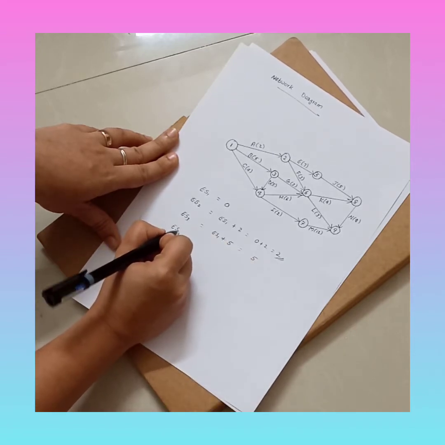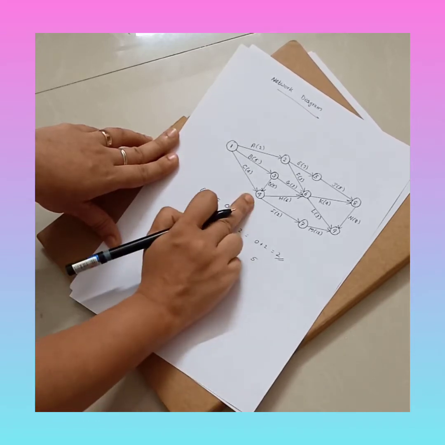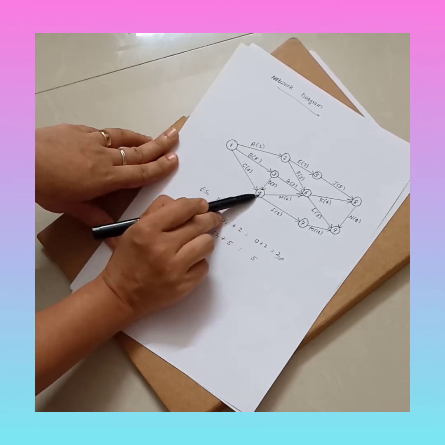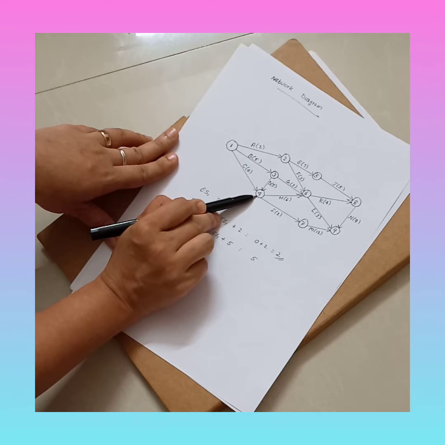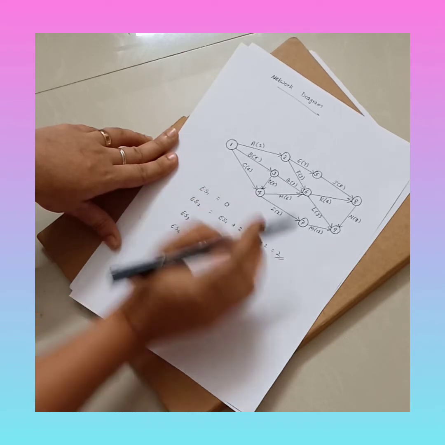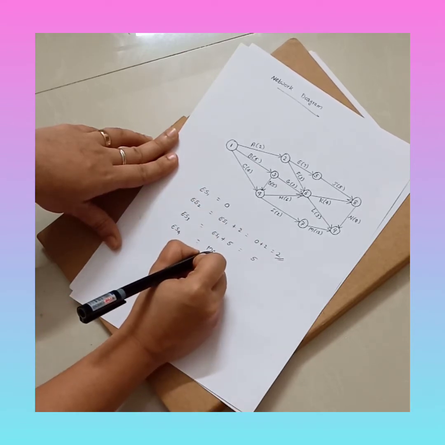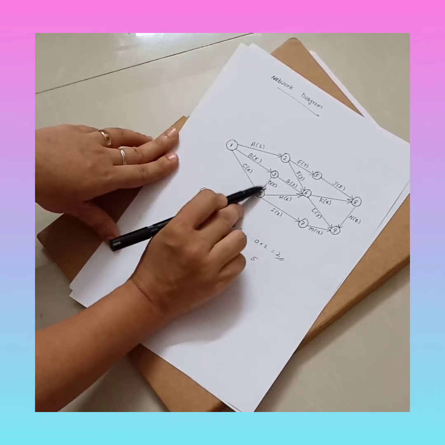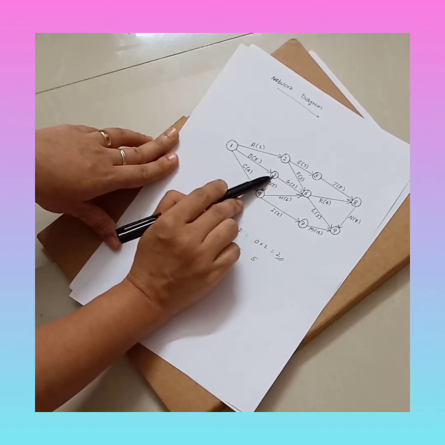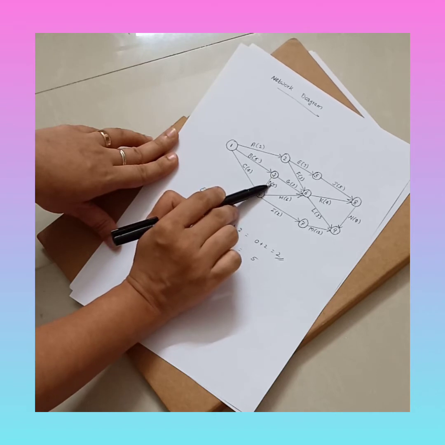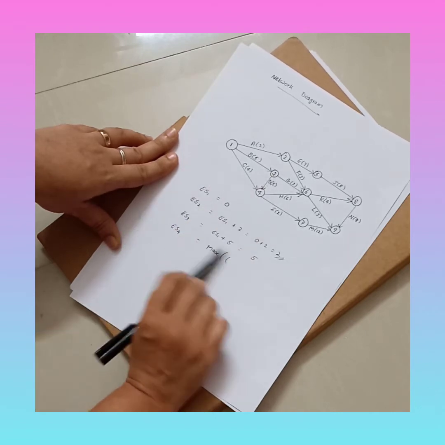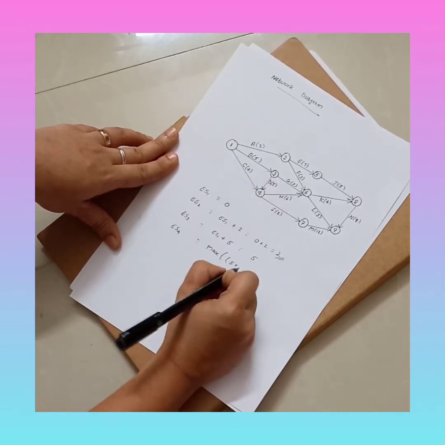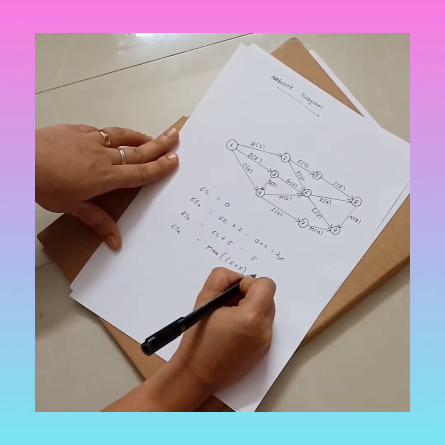Then ES4, that is the fourth node. Now here you can see that there are two activities, that is C and D, which is coming to node number 4. So there are two preceding activities. So here you have to use this formula, that is maximum of, so the first one is ES3 plus duration of activity D, that is 5. ES3 is given as 5. So that is 5 plus duration of D is 5. So 5 plus 5,